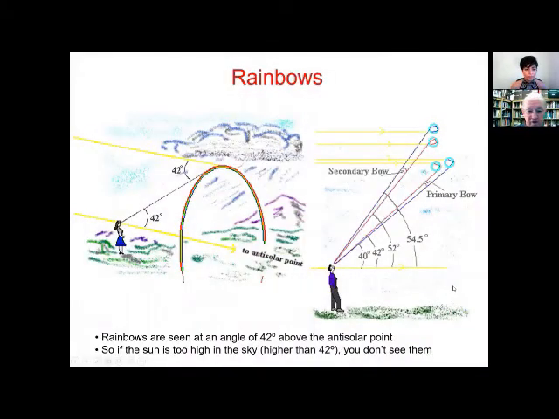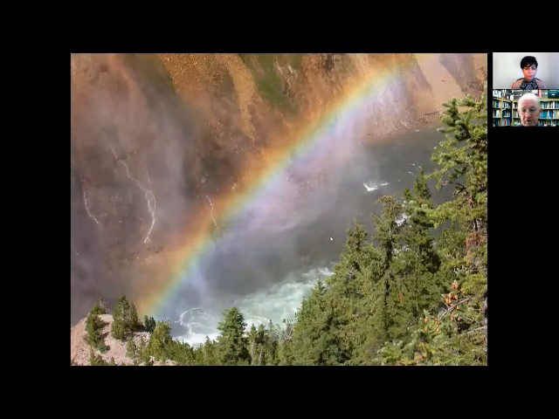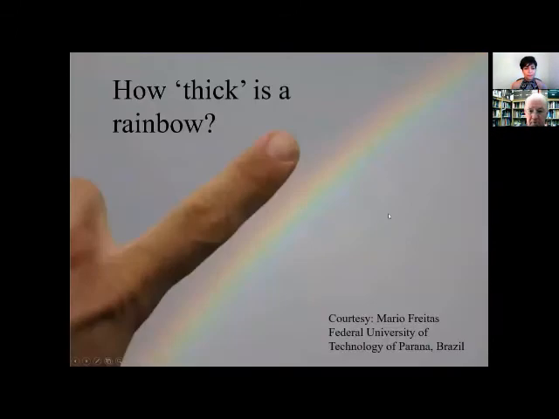And again, just illustrating these features, the secondary bow is at a half cone angle of about 52 degrees, and so that's why you see it above the primary. This is a spray bow from a waterfall in Yosemite National Park. The waterfall was to the left of the picture, and the wind was blowing the spray over. Wow, this is fascinating. And you can see the background as well. It's kind of cool. So I call that my spray bow.